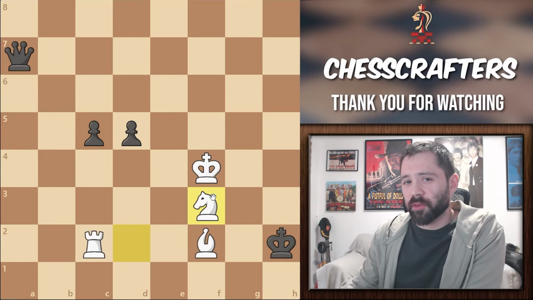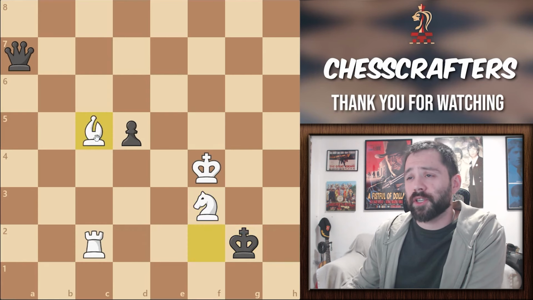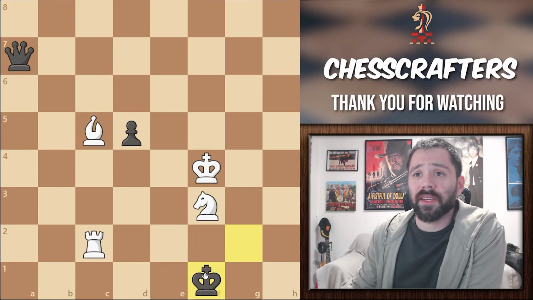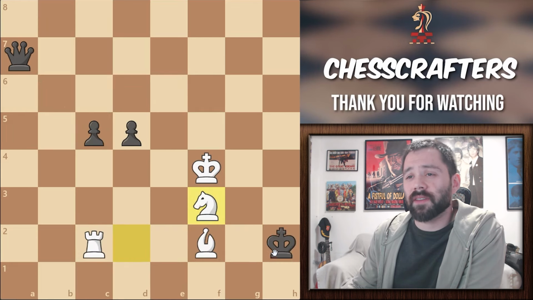Black is already in a little bit of trouble here. He can't escape on g2 because of this powerful discovery check, bishop takes on c5, and this discovery check is deadly, not because it's going to capture the queen, but because of the imminent checkmate in one move. King to f1 and rook to f2 is checkmate. The same idea applies if the king moves to h3 as well, but the checkmate is going to be in